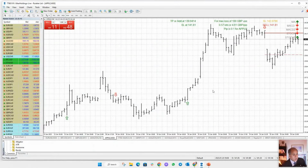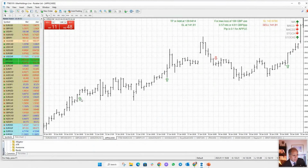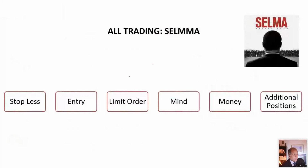And that's what happened with Apple. The rally. This went nowhere. This sort of didn't do much. It did a bit. Let's just go back a bit and see what happens. See, we had a long trade there, and that just carried it on. Thank you very much. So yes, you can do it with anything, trend following, anything